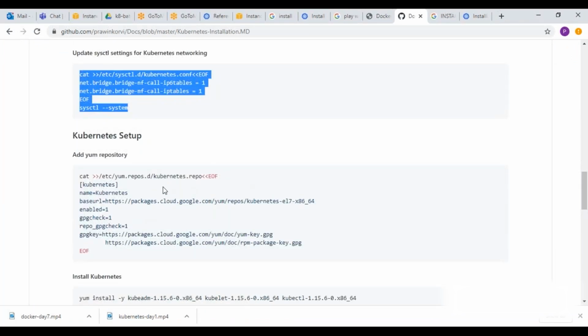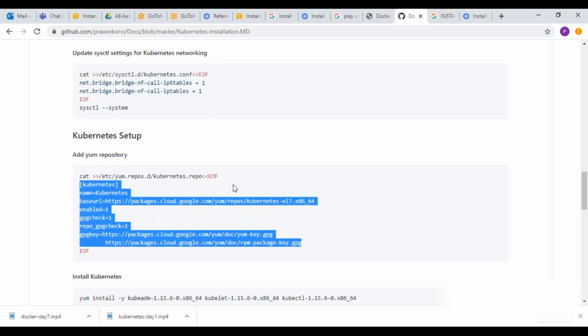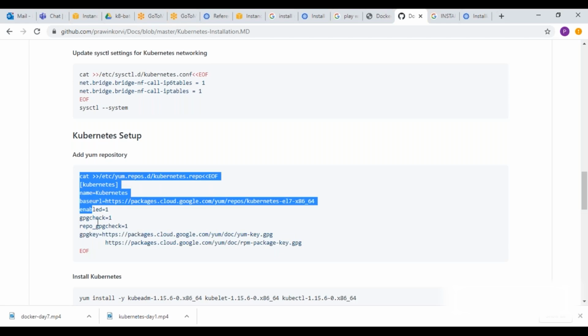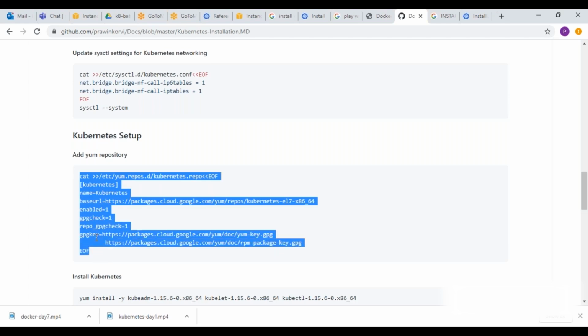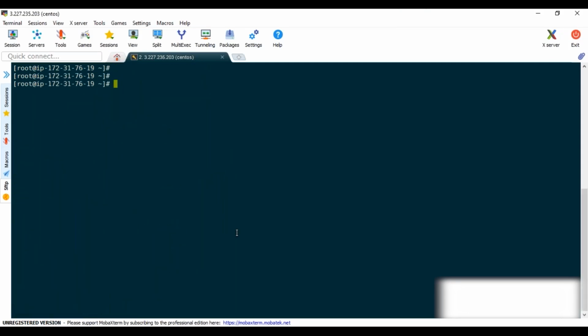And this is the repository. We can do one thing: we can create a file inside yum.repos.d called kubernetes.repo, and we can add this content over there. Or else, if you completely copy this from here to here, it will do it automatically. So if you go to cd /etc